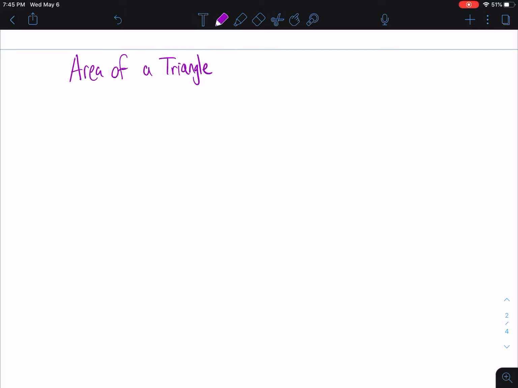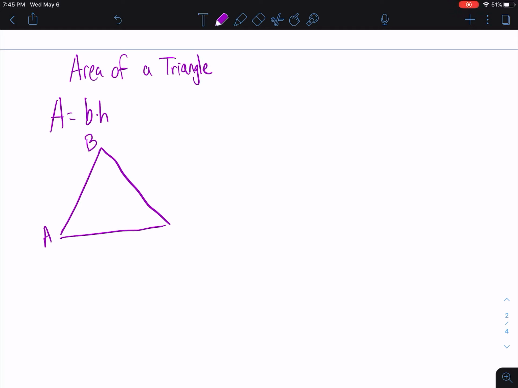We have a video today on the area of a triangle, except we're going to be using sine. So you're very used to the area of a triangle being base times height, but what happens when you can't find the height of a triangle? So consider the following triangle